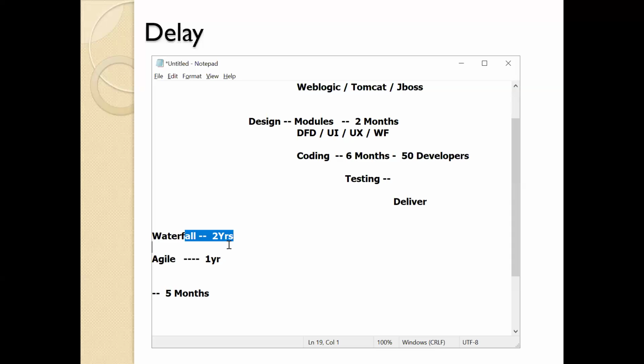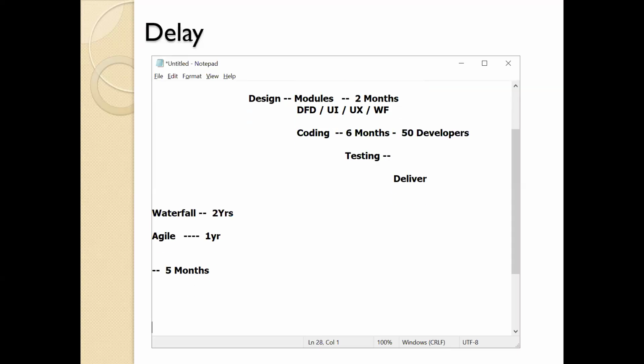But now clients are expecting applications to be delivered at a much, much faster rate. They give the requirements and want the application delivered in maybe 4 or 5 months, built and delivered with the same quality. Am I right? So, to achieve that kind of speed,